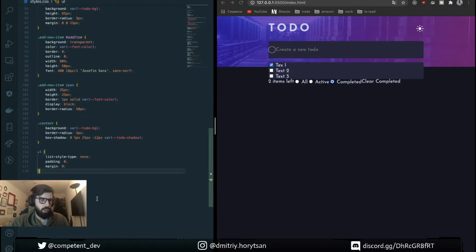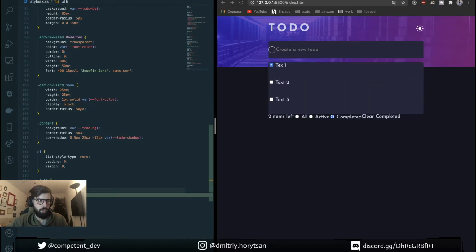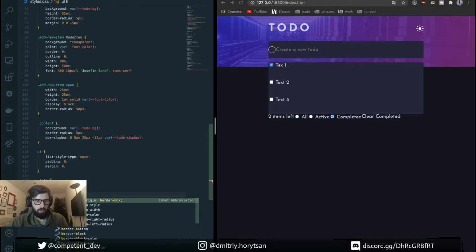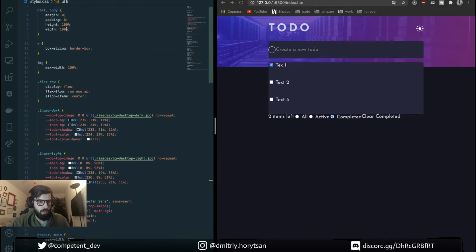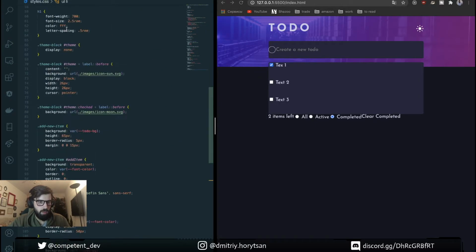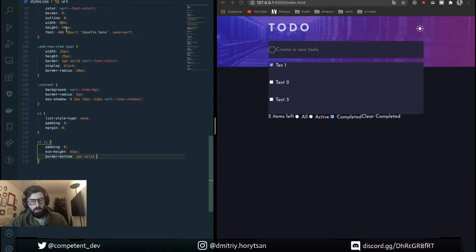Okay. Then each item is gonna have min height, which should be the same as for add item, so 65 pixels. Border bottom 1 pixel solid, the same as for font, I would say. Yeah, the same as for font color.